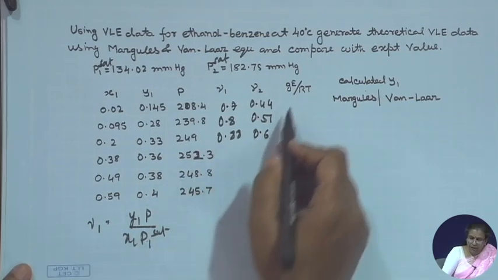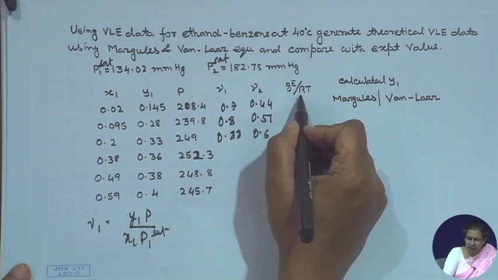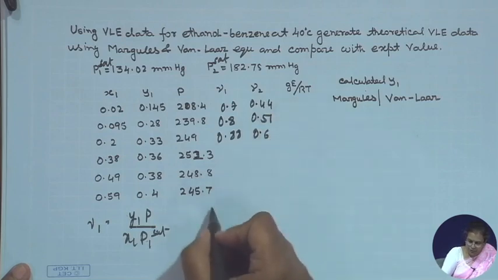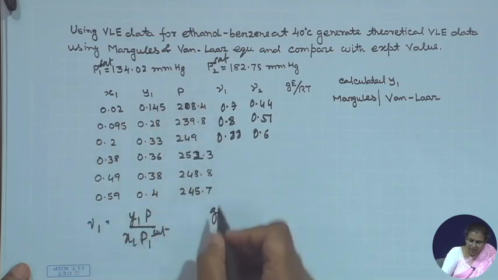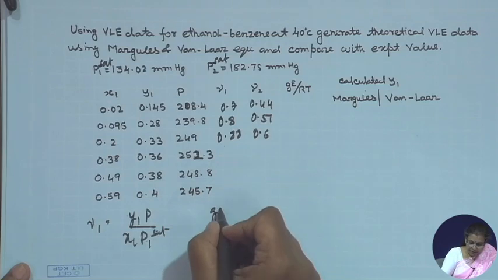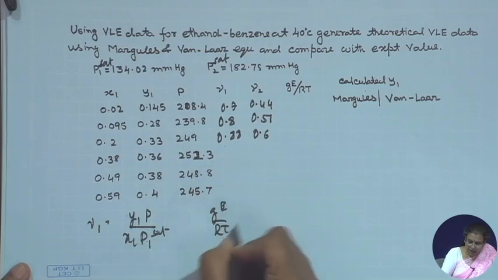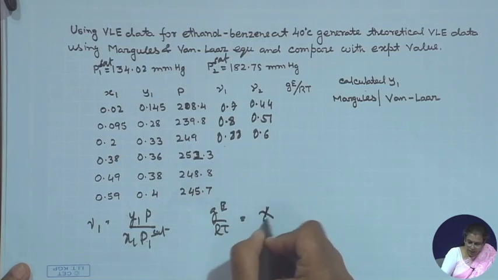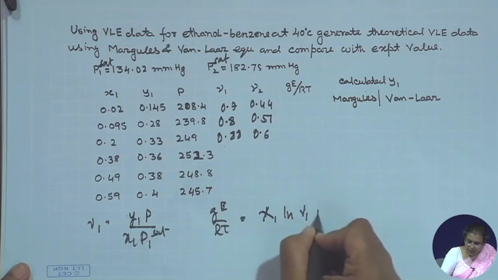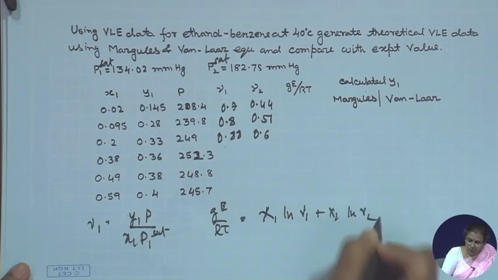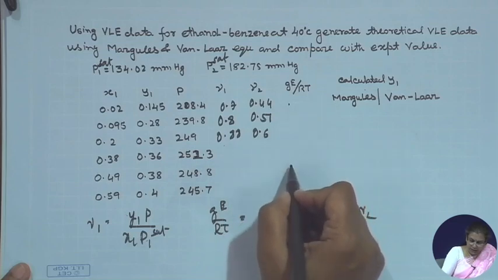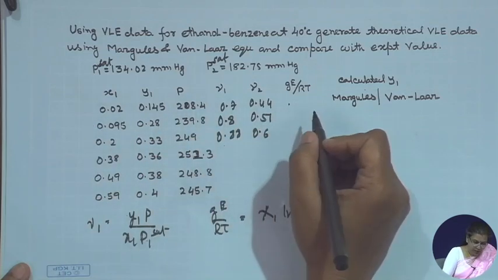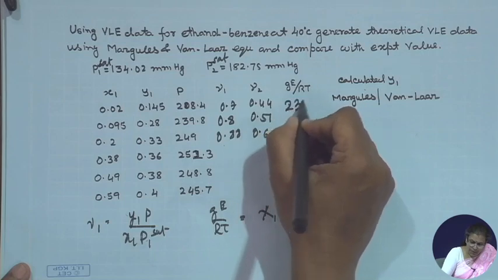So how do you find out gamma 2 and gamma 1? You are first supposed to find out G by RT x1 x2. Once you know gamma 1, gamma 2, from there you can find out G by RT as x1 ln gamma 1 plus x2 ln gamma 2. Then you know the G by RT for the different x1, y1 values. For example, in this case it is about say